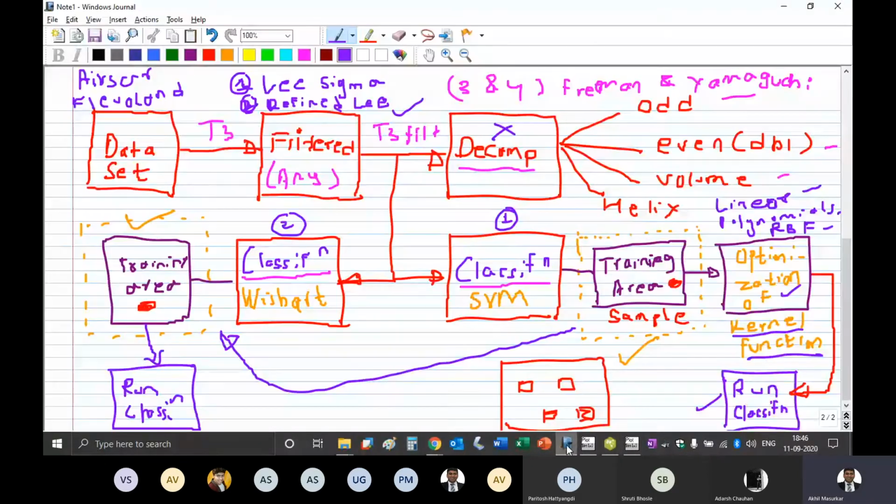So what we actually did is, first we took the data, downloaded the data, then used Lee Sigma filtering, then we generated T3 filter. On T3 filter, we decided to use SVM classification. Then we gave training areas. While giving training areas, we defined 6 classes.